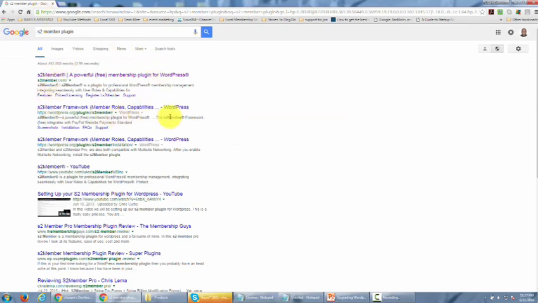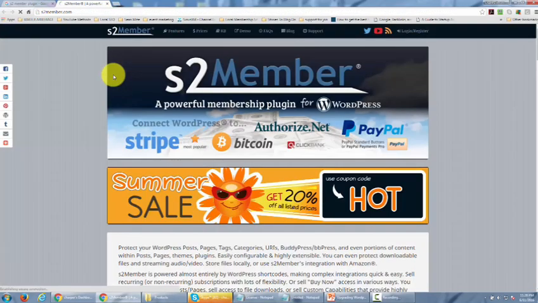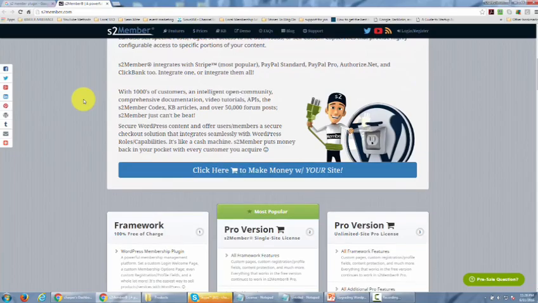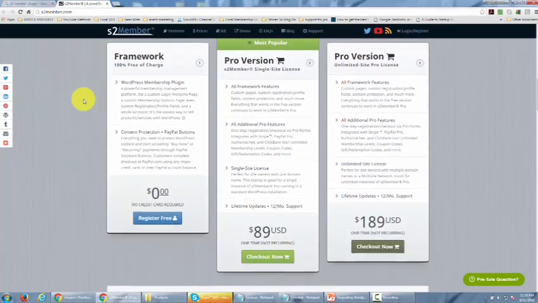You should see at the top of the search results, or very close, a line that says S2 member, a powerful free membership plugin for WordPress. You want to go ahead and click that link. What you're going to notice then is that it has several layers to the website. What you want to do is find the framework,